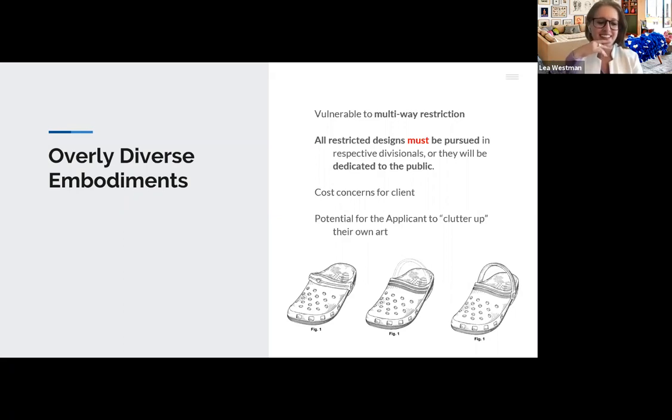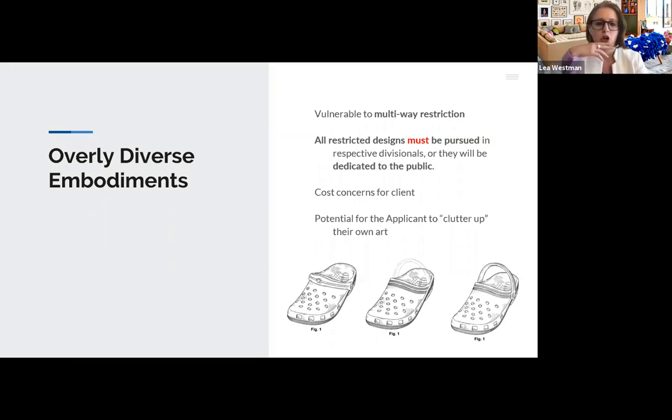Sure. Generally, in utility practice, we like to cover as much as we can, right? That's why we try to get broad claims. We try to get as much variance on them as possible. You can see down here, this design is for what we all know as a Crocs shoe at the bottom of the slide. And on first glance, the three figures there all look pretty similar. Most of us who have seen a Croc in our life go, oh, that's a Croc. But when you look closely, there are variations in the three figures down there. And if all three of these figures were in the same application,